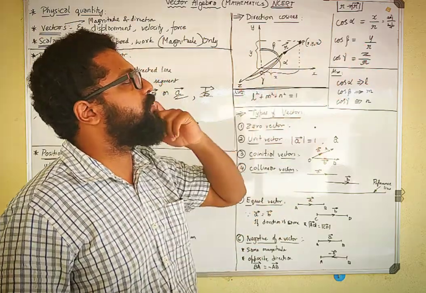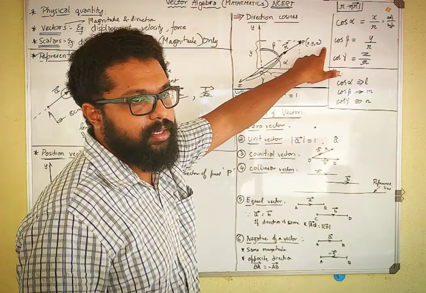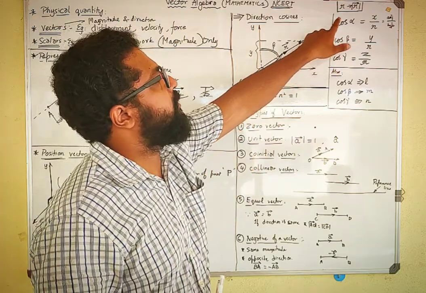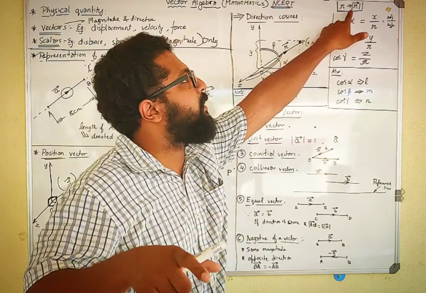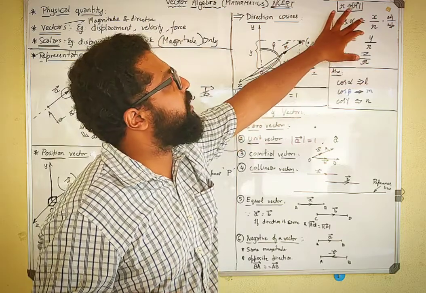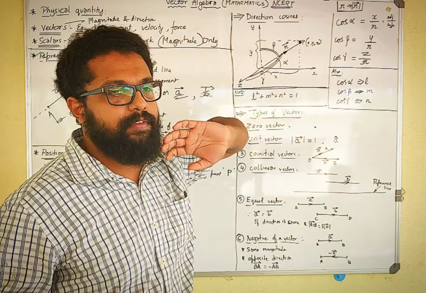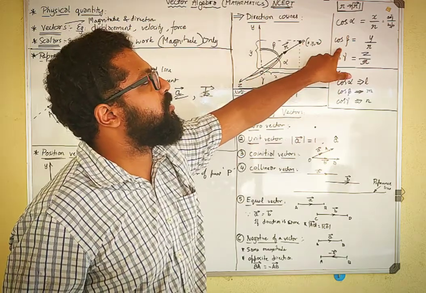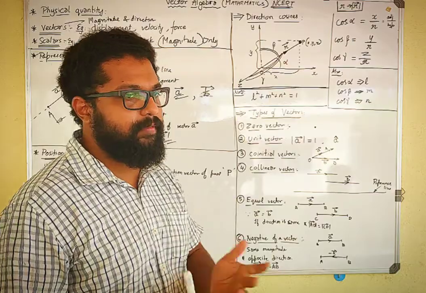So what you need to know in order to find direction cosines is the coordinates x, y, z. That will be given in the question, and the position vector will be given. With the help of the vector, I will find the magnitude, and then I will divide the coordinates by the magnitude of the given vector, and that time I get the direction cosines. Okay, we'll come across problems and that will be very clear.